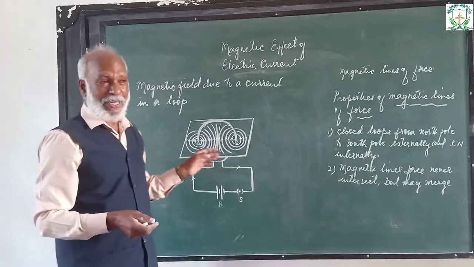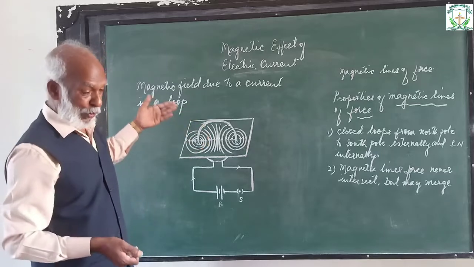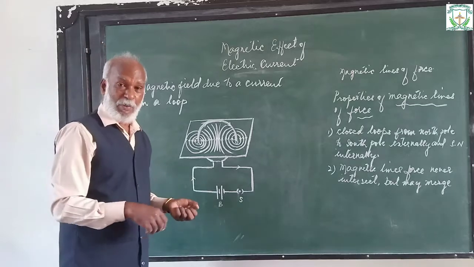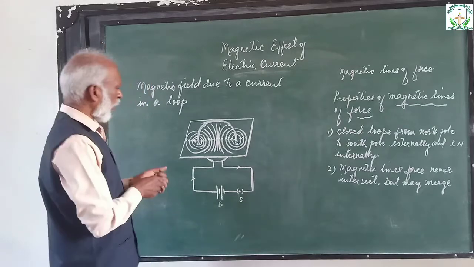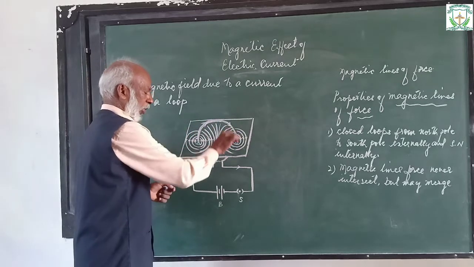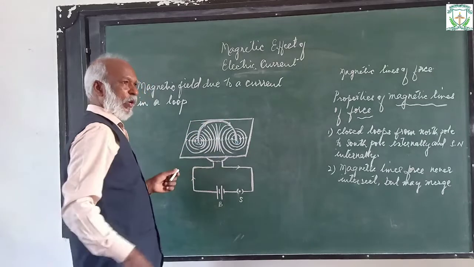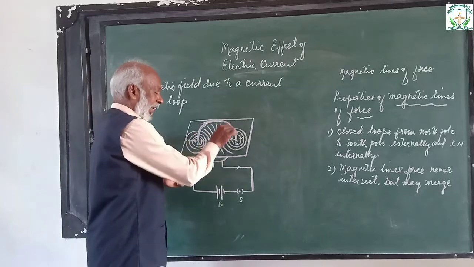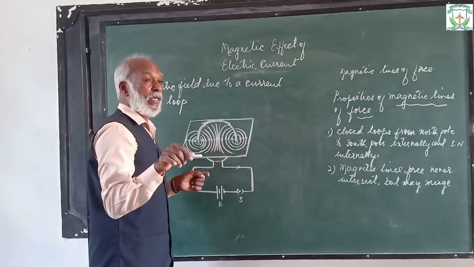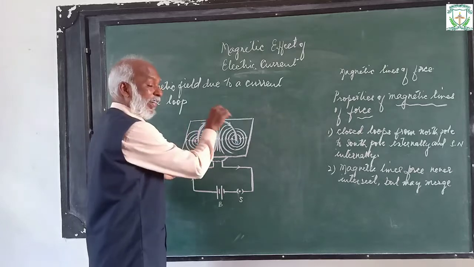Now, I hope I made it clear. You can easily find the direction of magnetic field produced by a current in a loop, making use of Fleming's right hand grip rule. Now, how do you see? If the current is flowing in the clockwise direction at one end of the loop or a solenoid, that end will be the south pole of the solenoid.